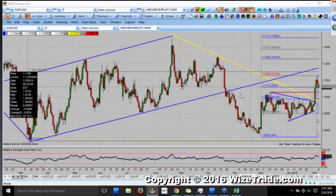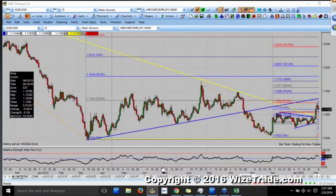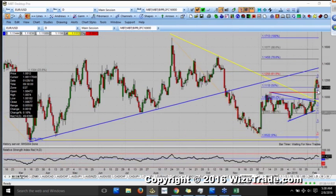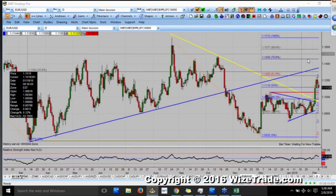downtrend line. Right now, I'm going to get rid of this because the flag pattern that we had is basically negated. Okay, we had this big flag pattern, possible pennant. That's all been negated. So now, we're turning bullish, and I think we're going to be up here over the course of the next